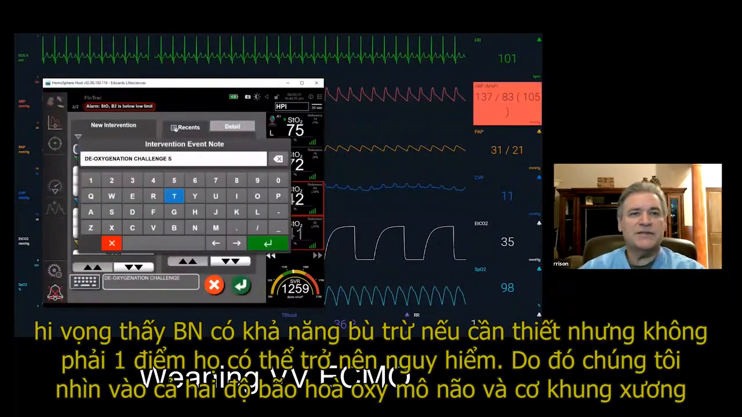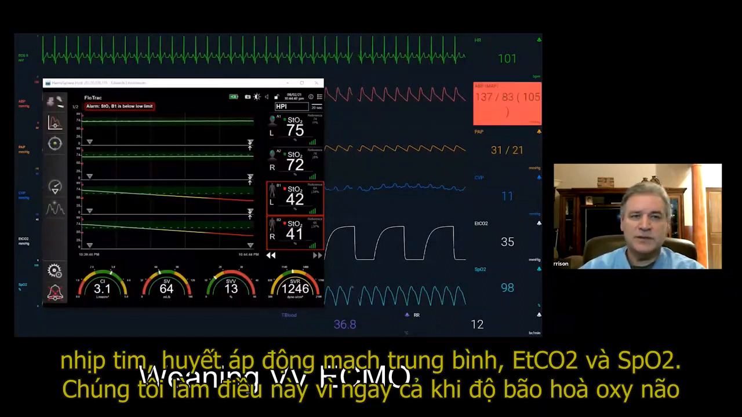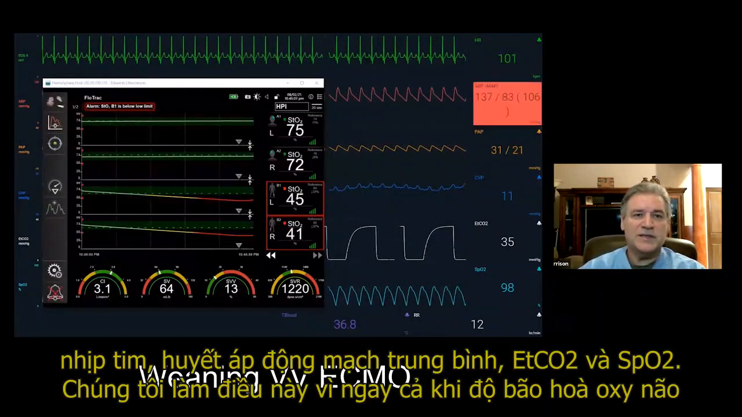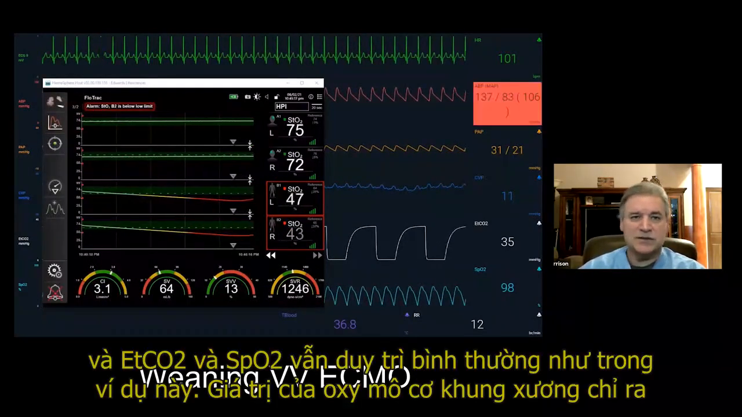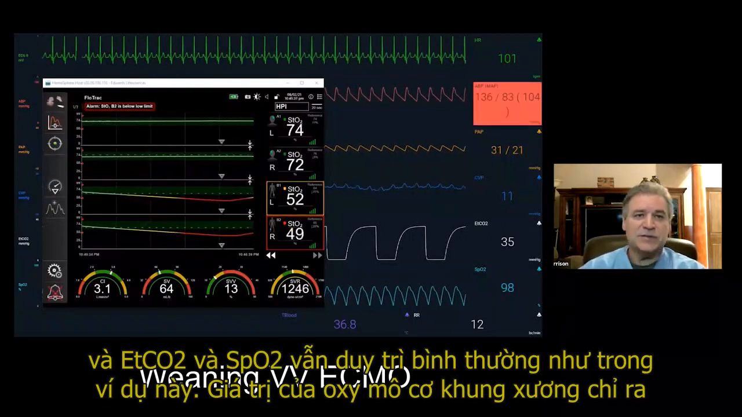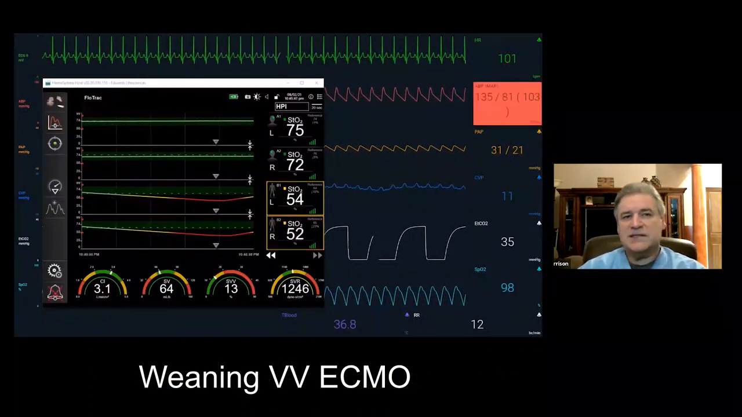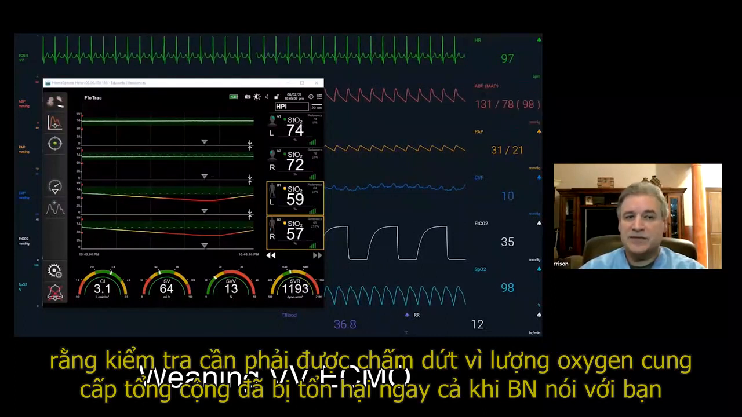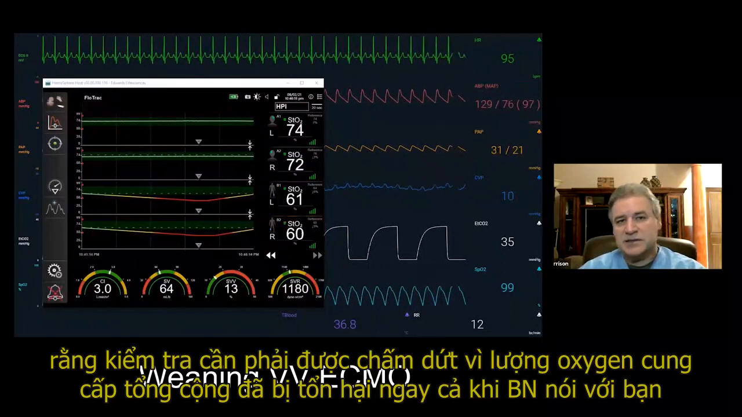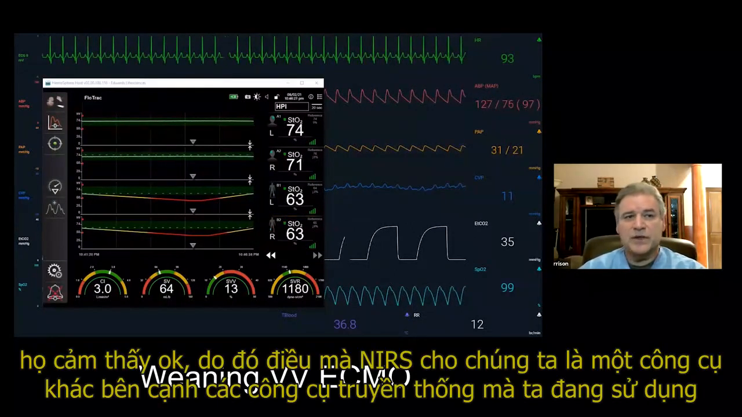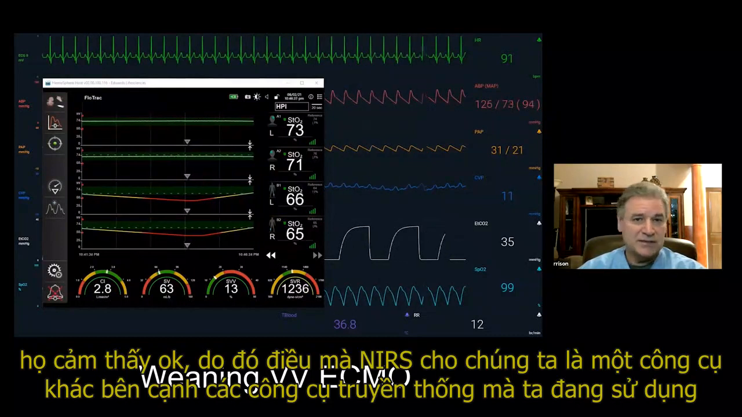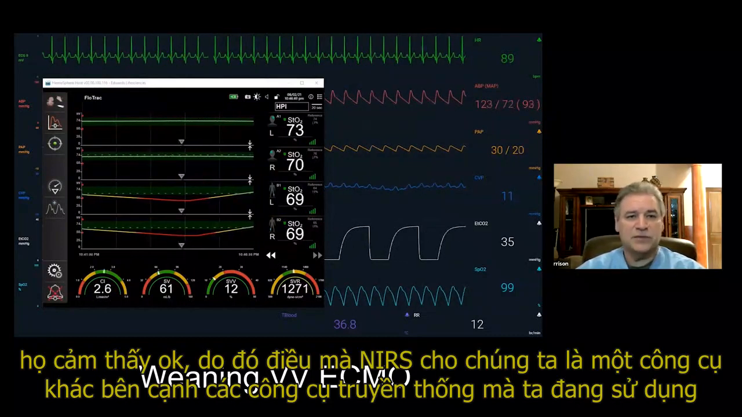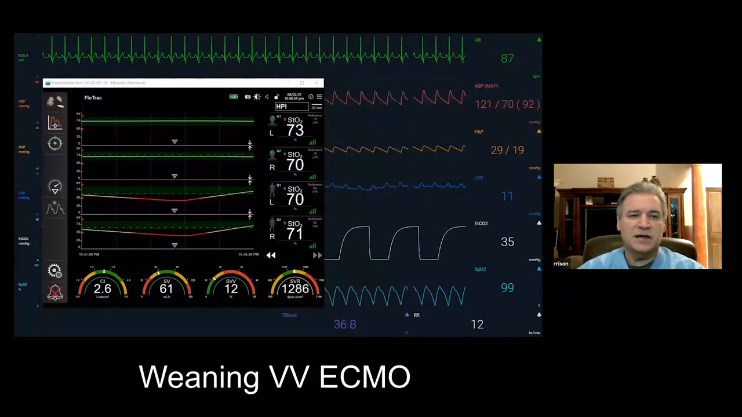So we look at both the cerebral and skeletal muscle tissue saturations, heart rate, mean arterial pressure, end-tidal CO2, and SpO2. And we do this because even if their cerebral saturations, end-tidal CO2, and SpO2 remain somewhat normal, as they have in this example, the skeletal muscle tissue values suggest that the test needs to be terminated because, by all appearances, global oxygen delivery has in fact been compromised, even if the patient tells you that they feel okay. So what the NIRS gives us is another tool besides what we have traditionally used to easily and non-invasively assess